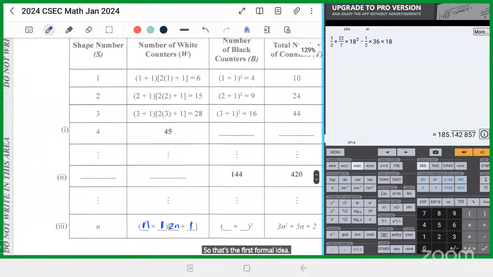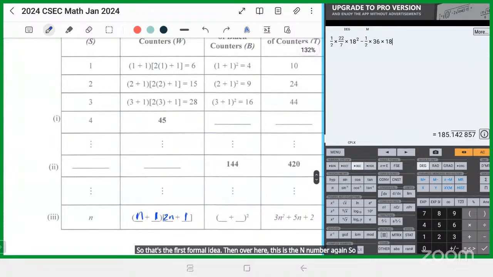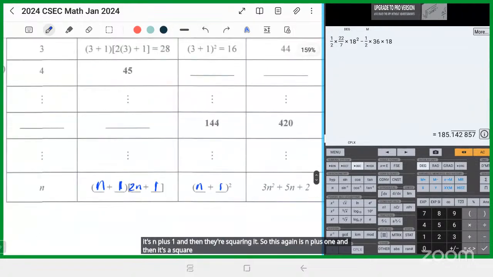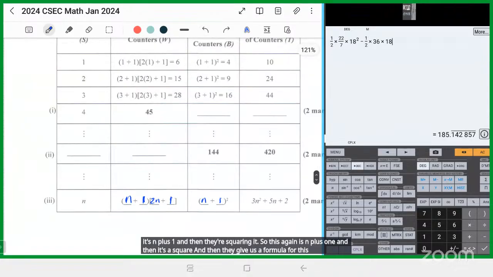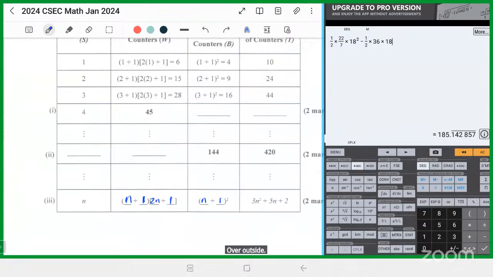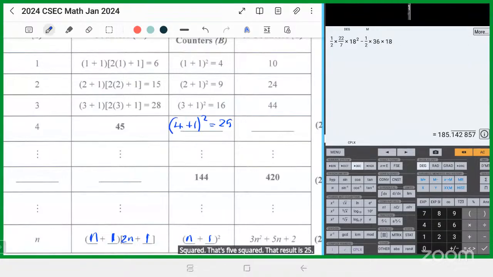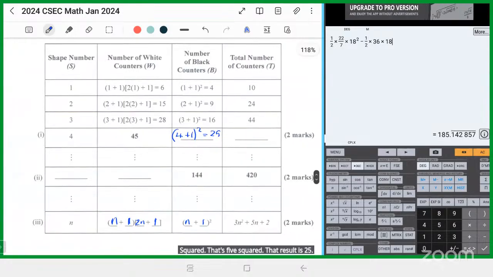Then over here, this is the n number again. So it's n plus 1 and then squaring it. So this again is n plus 1 and then it's a square. And then they give us a formula for this over that side. All right? Then I want us to fill out this row. For this row, the n is 4. So it becomes 4 plus 1 squared. That's 5 squared. That results in 25. And then now, it's a matter of taking this 4